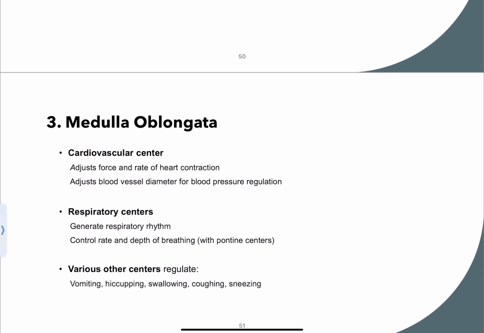The second center is our respiratory center. And if we're talking about respiratory center function, it's to help generate the respiratory rhythm. So basically our breathing rate. And it's going to help control the depth of our breathing as well. And then we have various other centers, which you don't need to know specifically, but they also help regulate things like vomiting, hiccuping, swallowing, coughing, sneezing,